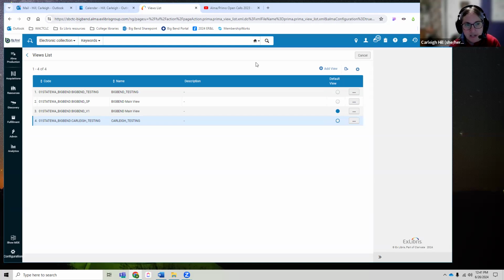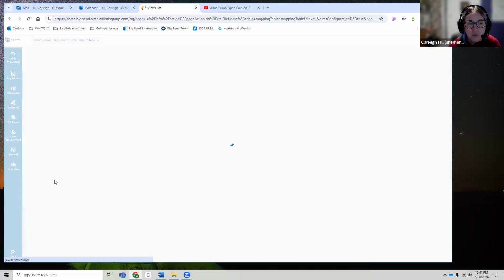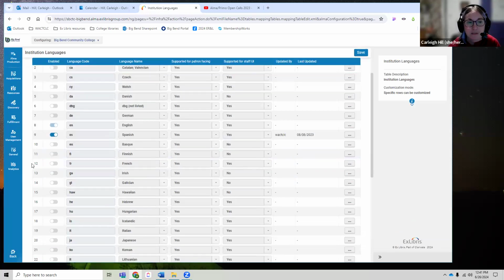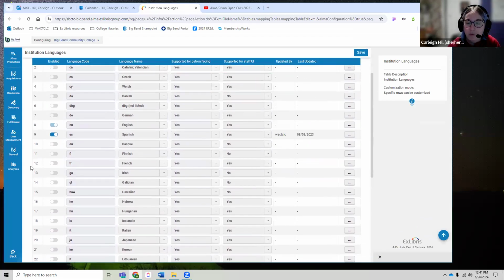so that you can have an idea of whether or not you want to tweak something with an additional view. But I think a great first step is going to configuration, going to general, going to institution languages, and turning on languages that you know that your users are using. And don't go crazy, but I'm sure a couple would be helpful. And then you can start to play with,